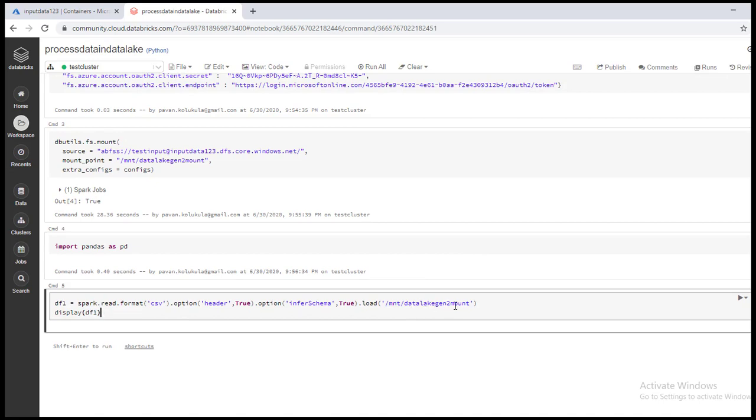The CSV file is located in this particular mount location, which we have created here.